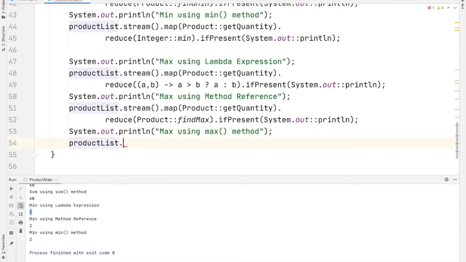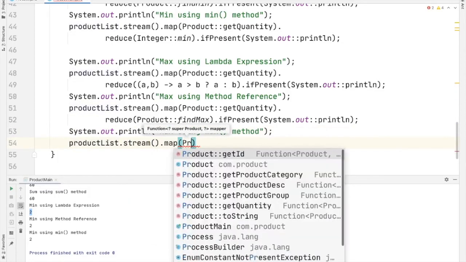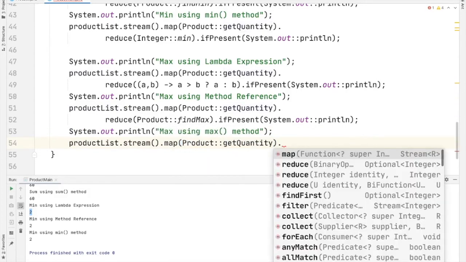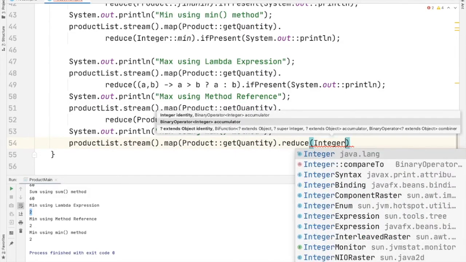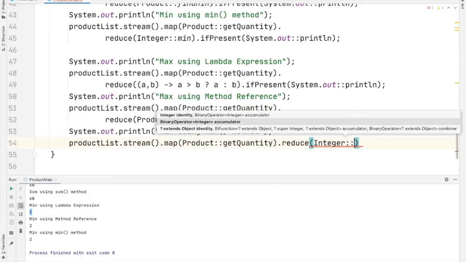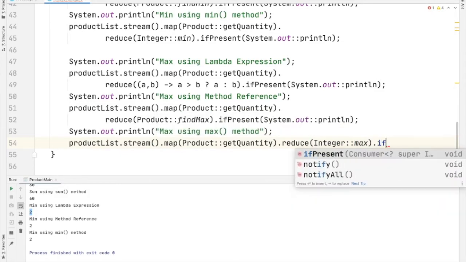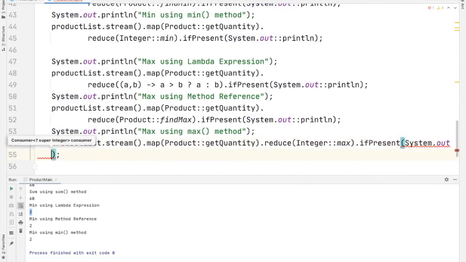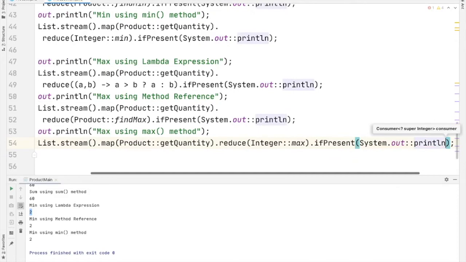Product list dot stream dot map of product get quantity dot reduce of Integer double colon operator max dot if present, then print the result. System dot out double colon operator println.